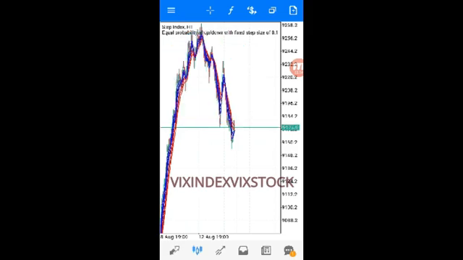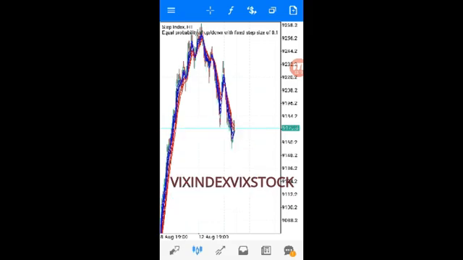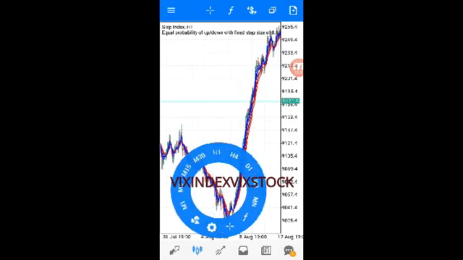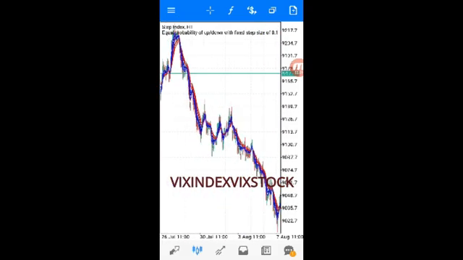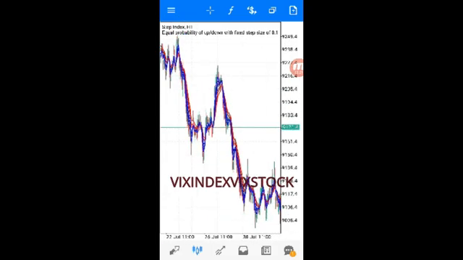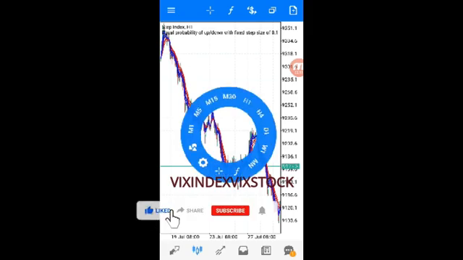It almost moves the same way as, I don't know what my phone is doing. I'm trying to zoom in, but my phone seems to be stuck. But it kind of moves the same way as VIX 75. It loves to trend. You might have some choppy instances like there, but generally if you are trading Step Index,